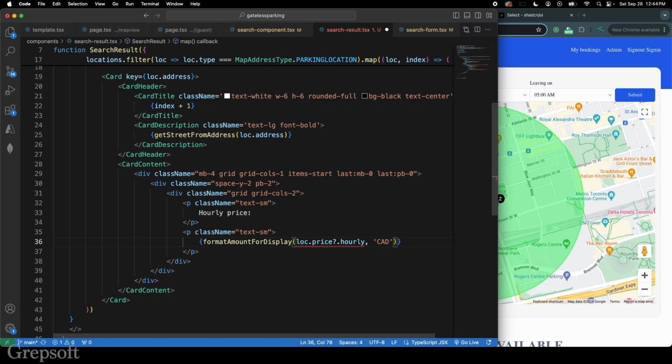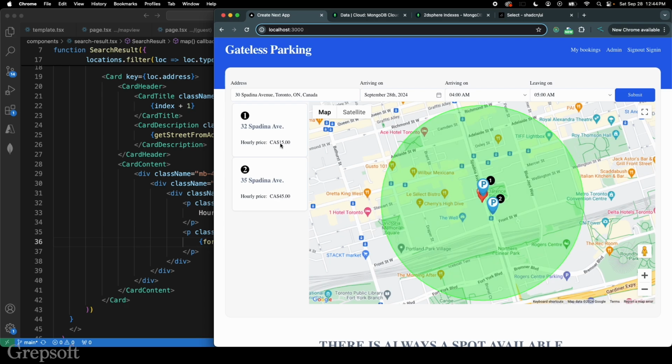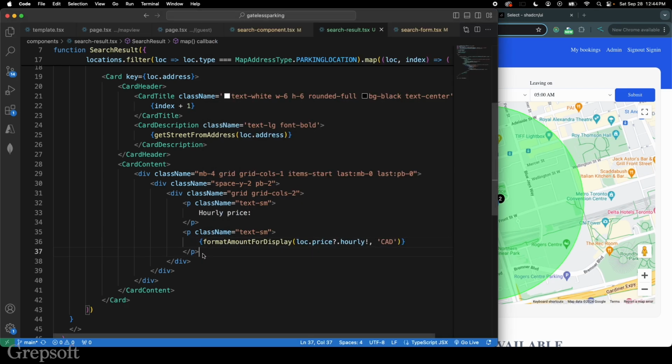Okay, I don't know why it's not. Okay, and I'm gonna save it. So there you go. So one is $15 and one is $45. So that's coming up. And then what we also do is we need to show the